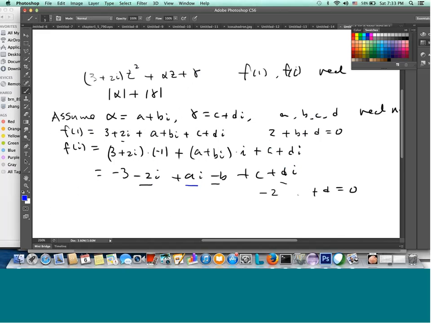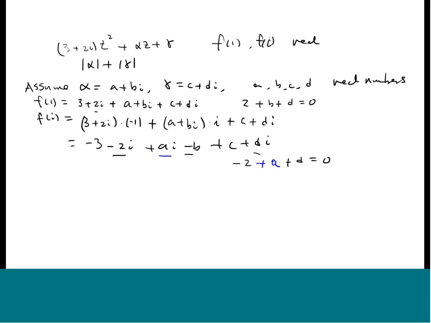Minus 2 should be plus A. Right? Uh-huh. So we have equations, so we can solve everything in terms of D. So A equals 2 minus D. B equals minus 2 minus D. Right? Mm-hmm. So now let's calculate alpha